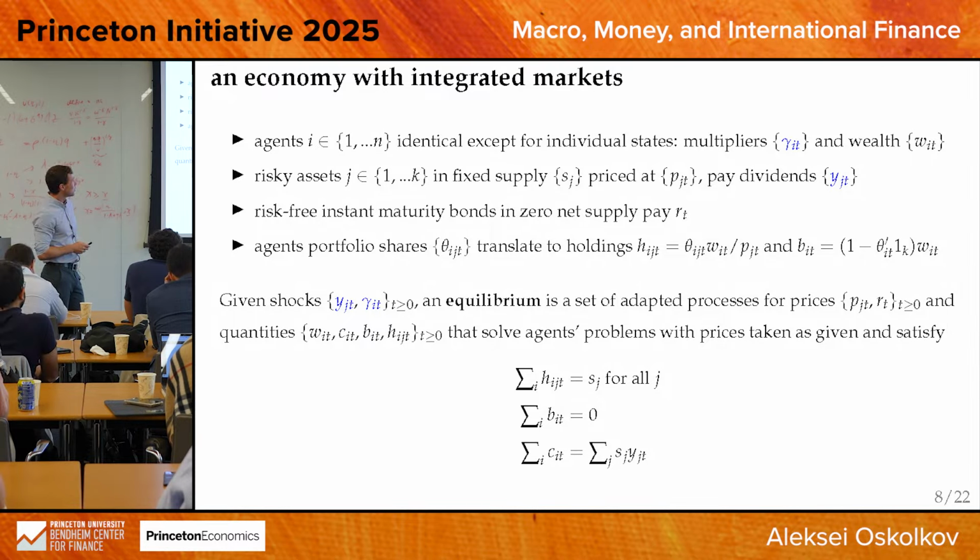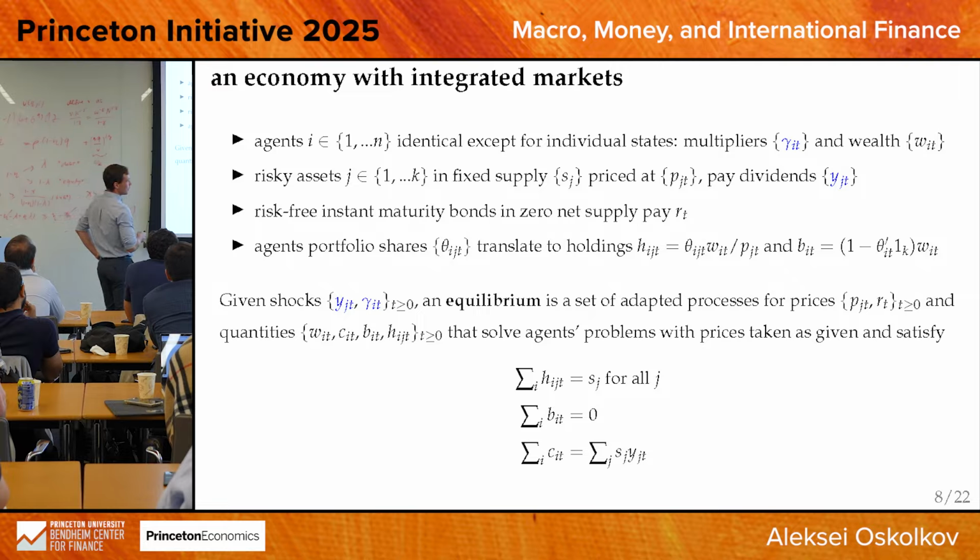So what agents choose is vectors of portfolio shares here, theta. And then to set up equilibrium, I need to tell you the positions themselves. Portfolio shares are how they distribute their own portfolio. I need to tell you also how much of each asset they physically hold. This is going to be denoted by H. So their holdings of the risk-free asset is the complementary holding here. The equilibrium is a set of price processes and quantity processes where everything is chosen optimally, and